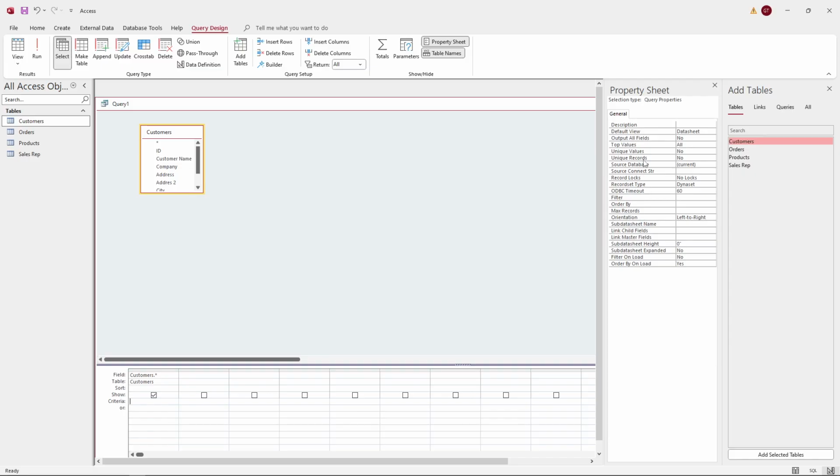Look for the Filter tab in the property sheet and click on it. This is where you'll add in the specific filter criteria you wish to apply to the field you just added. Type in the exact criteria that matches what you want to filter from your dataset. This could be a specific value, date, name, or any other data point that you need to isolate in your report. And that's it. You've successfully set up a filter for your Microsoft Access report to focus on one specific